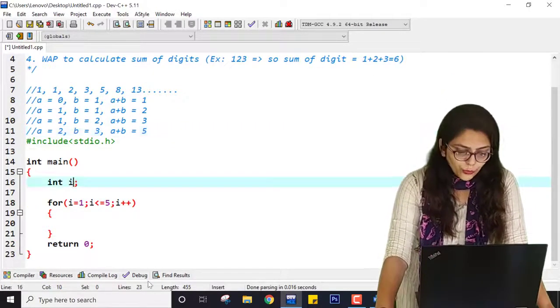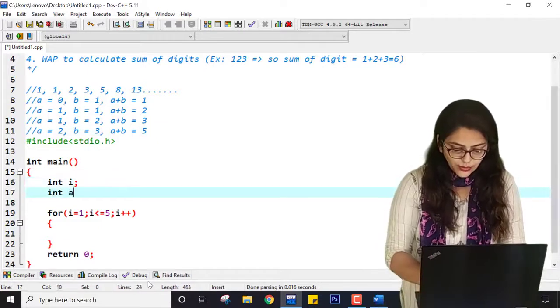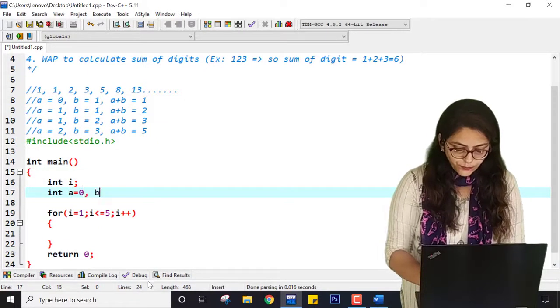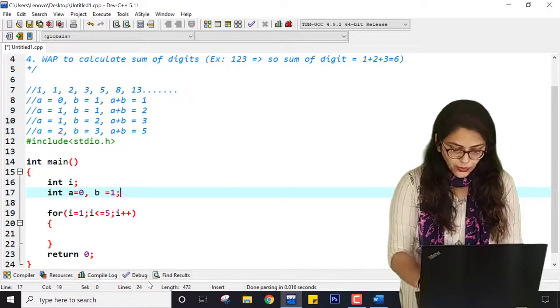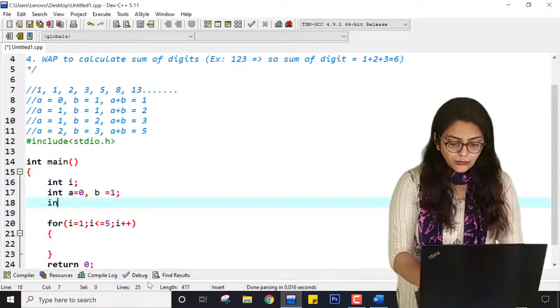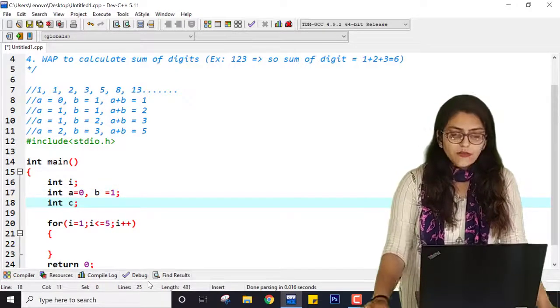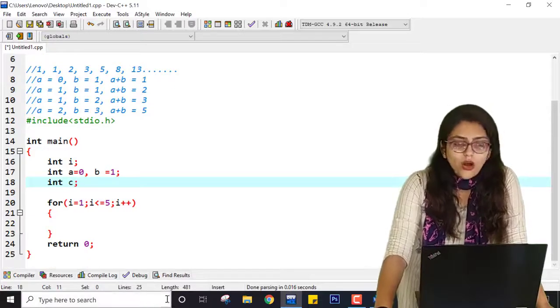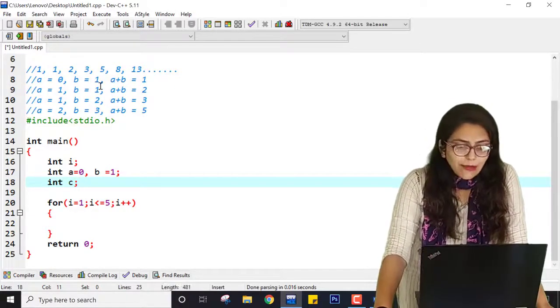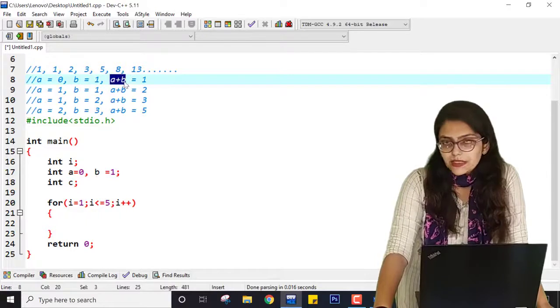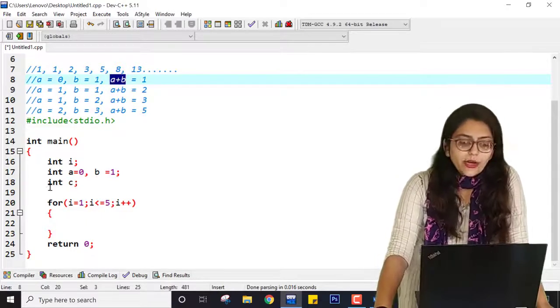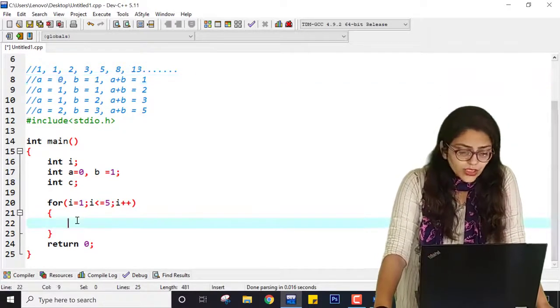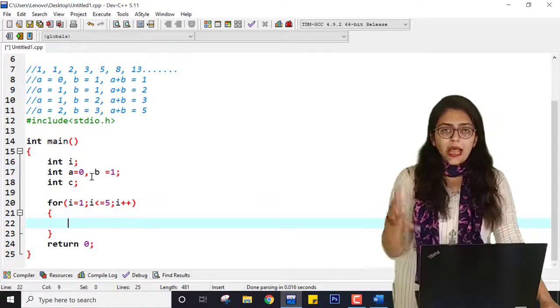So now what I am doing, I am initializing two variables, a equal to 0 and b equal to 1, right? Now I am also taking one variable c, which will store the result of a plus b. So every time I am not going to write a plus b, I am just writing c. You can eliminate this variable. Now inside the loop, what is happening?